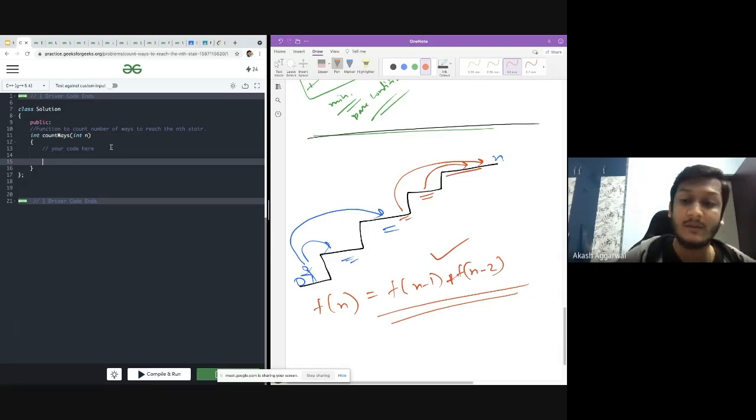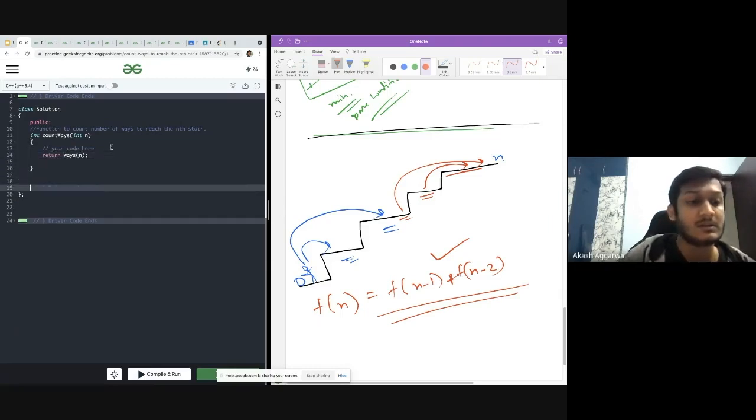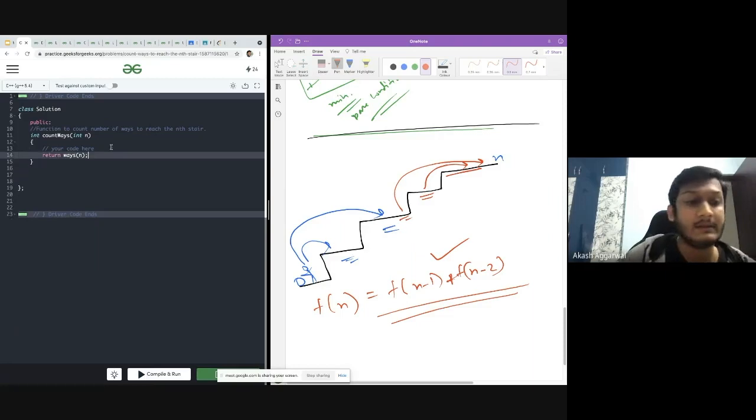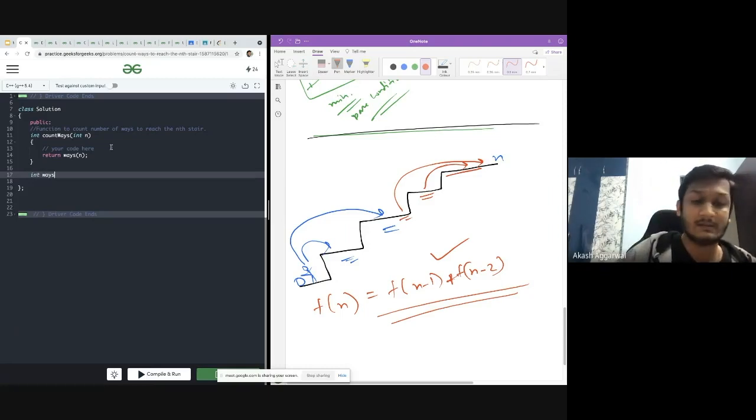So we have to build a recursive function. I will be calling one function here, let's call it base of n. I'm doing this so that later on I can add DP to it and see how the complexity has changed.